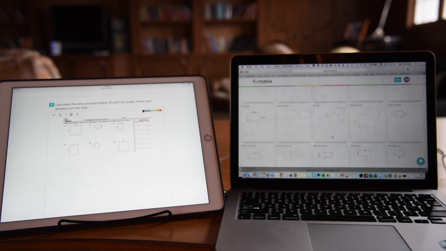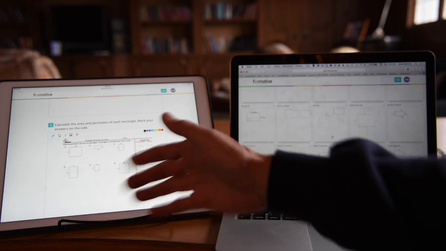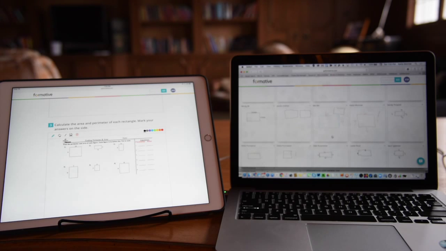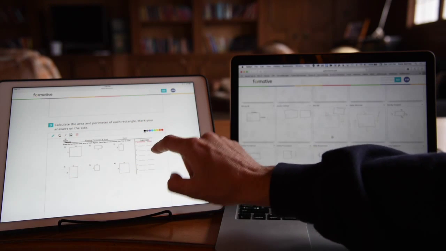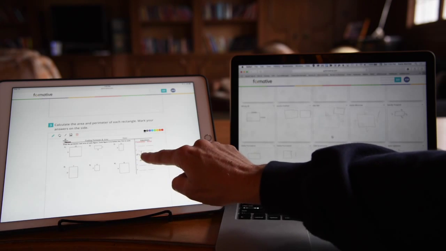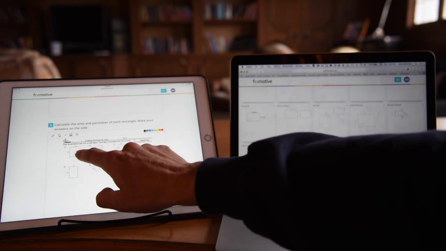On this question type, question 3, students are asked to calculate the area and perimeter of each rectangle and then mark their answers on the side. This is honestly just a worksheet. It's a PDF. So GoFormative allows the teachers to add traditional worksheets to their questions, and then students can annotate on top of them. This one might be a little bit hard because it's kind of small spaces,